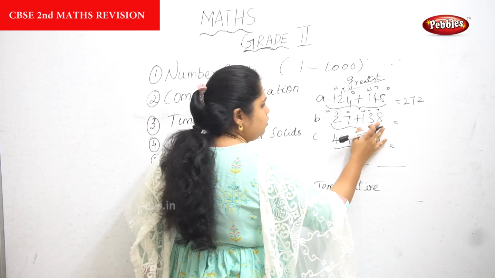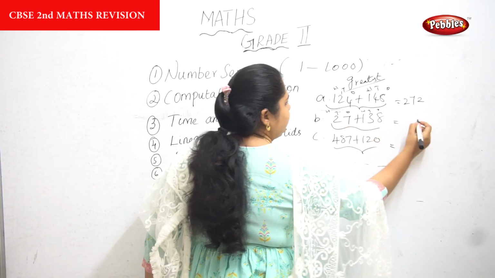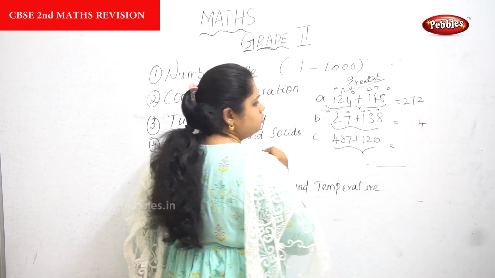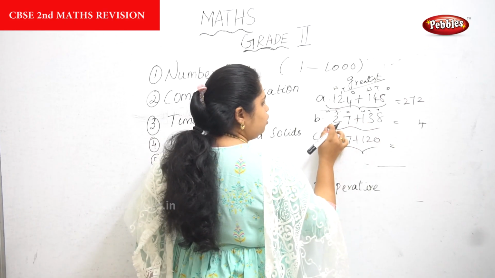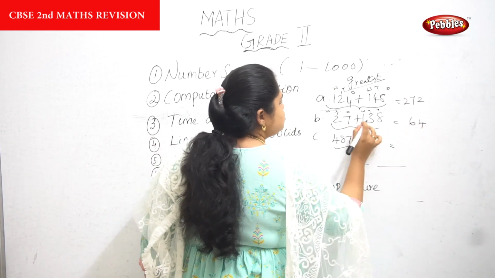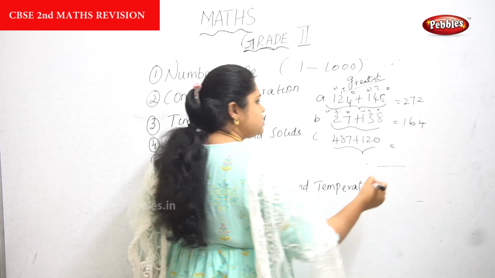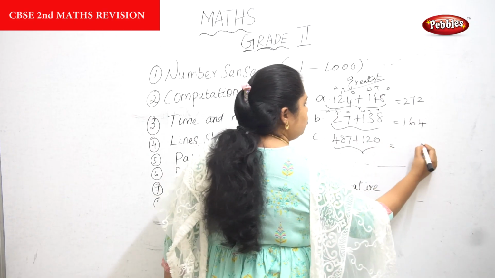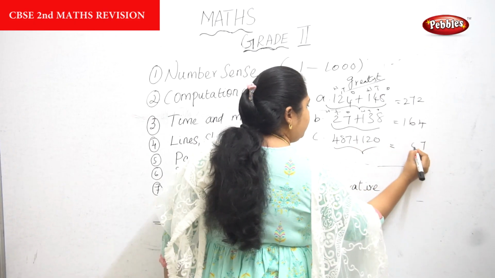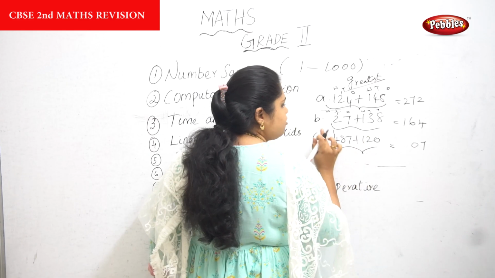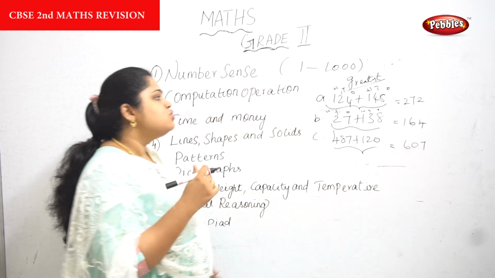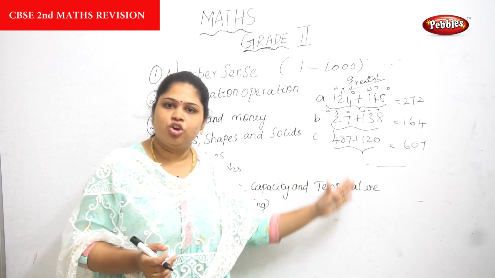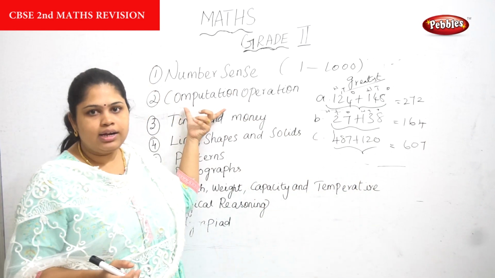So let's add: 8 plus 7, 17, 14, isn't it? So 1 carry, 3 plus 2, 5, 5 plus 1, 6. So here 0 plus 1, 164. Okay, next, 7 plus 0, 7, 8 plus 2, 10, 1 carry, 4 plus 1, 5, 5 plus 1, 6. So 607. So after computing all these sums with the arithmetic operation, now you get to understand why the topic